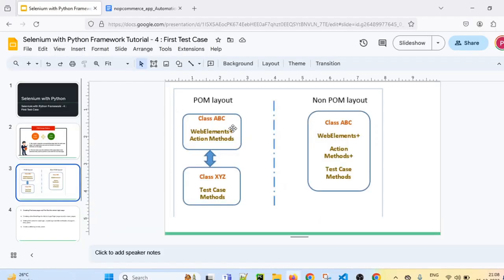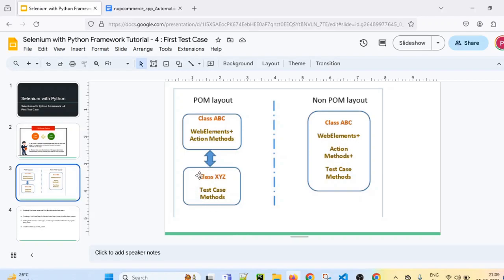So what we will do, we will separate out two classes. Let's say class ABC, which will contain all the web elements and action methods. And we will have another class XYZ, let's say a test class. That class will contain the actual test cases.